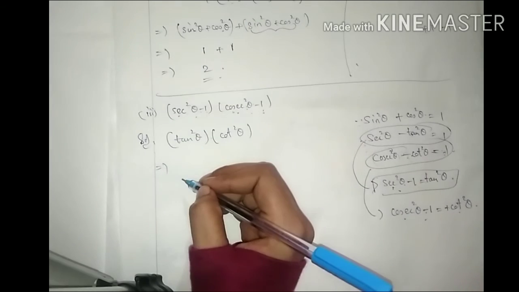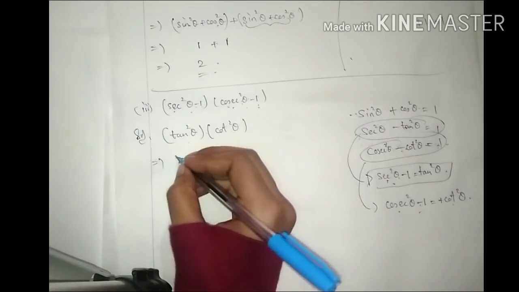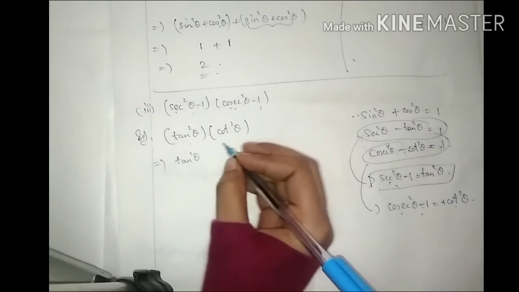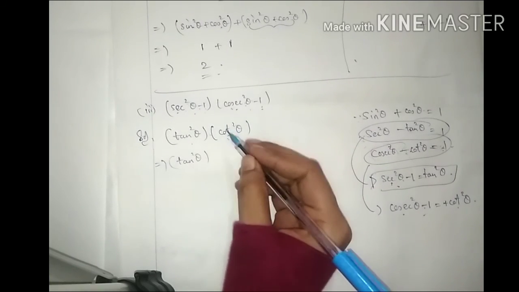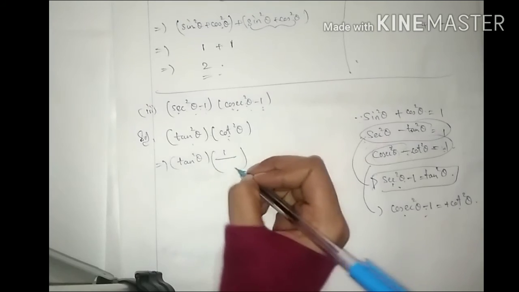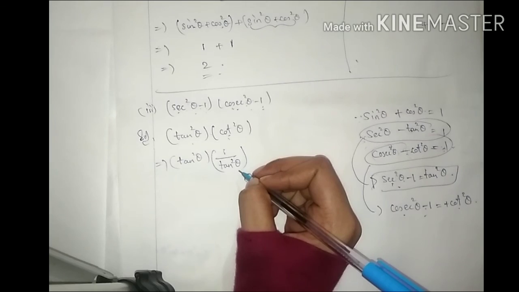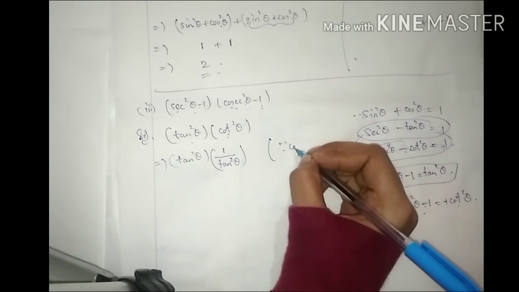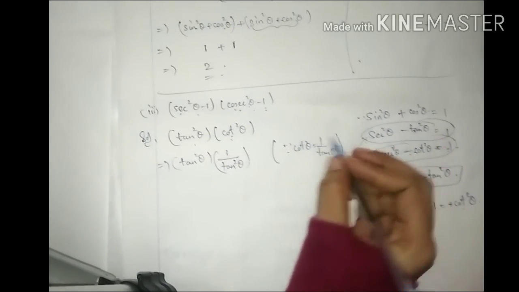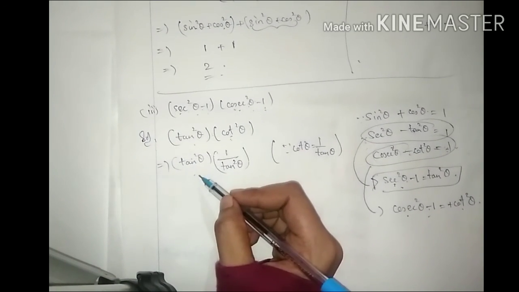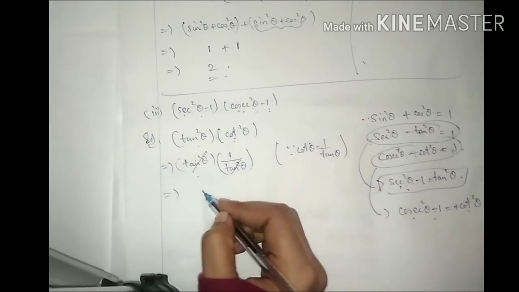But again we are not getting a value. The question was to evaluate the following, we have to find the value of this. So we can write tan square theta, and we know that cot theta is the multiplicative inverse of tan. So we can write in terms of tan, 1 by tan square theta. Since cot theta is equal to 1 by tan theta, you can change this tan theta into cot theta also, 1 by cot. So cot gets cancelled, or else in this way also, these two will get cancelled. You got the value.